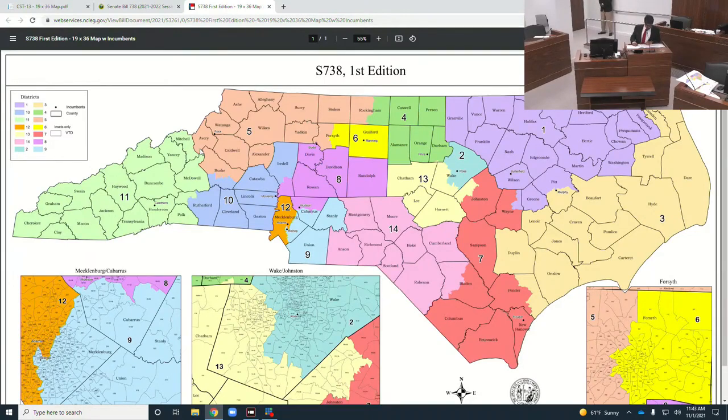And then I'm coming down to Congressional District 12, which is the Mecklenburg County District. As the criteria states, you should begin by splitting the county once, if possible. And so here we have Congressional District 12, which runs from the southwestern part of Mecklenburg County all the way to the north. And then we've created a Congressional District 9. Again, this is the eastern part of Mecklenburg County that includes Union and Stanly County, which I think are a natural part of the growth that we are seeing in Mecklenburg County.